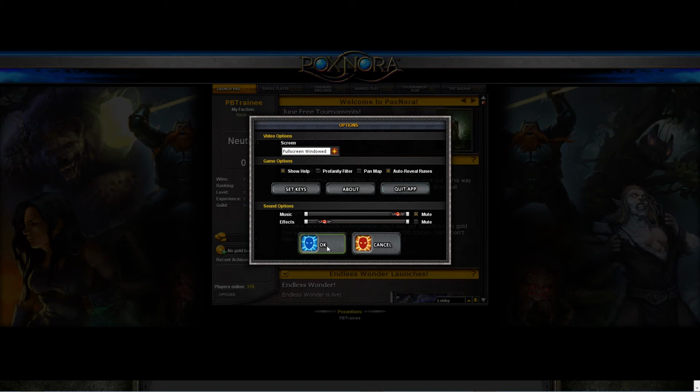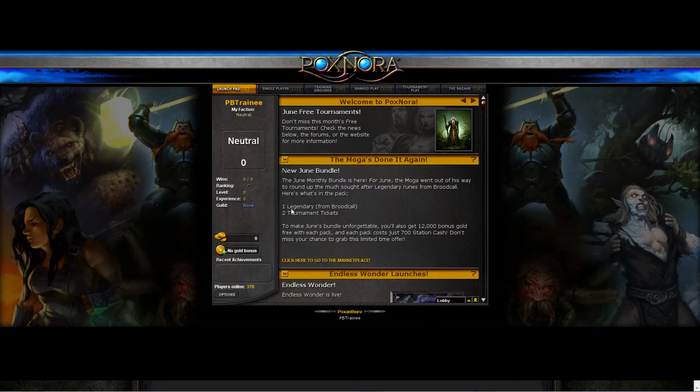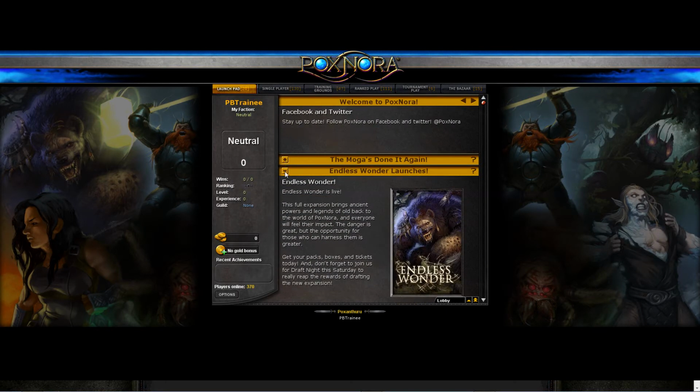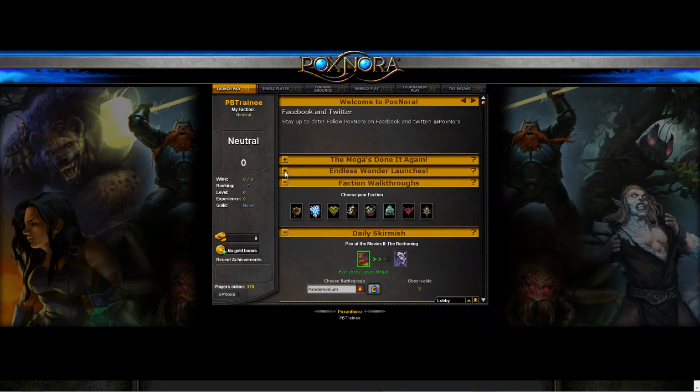Anytime you change anything, you just hit OK to exit and it'll apply the changes. The other side of the client is mainly news and announcements about the game. The first time you launch the game, all of these announcements will be open. But once you minimize them by hitting the little minus sign, the next time you launch the client, those will